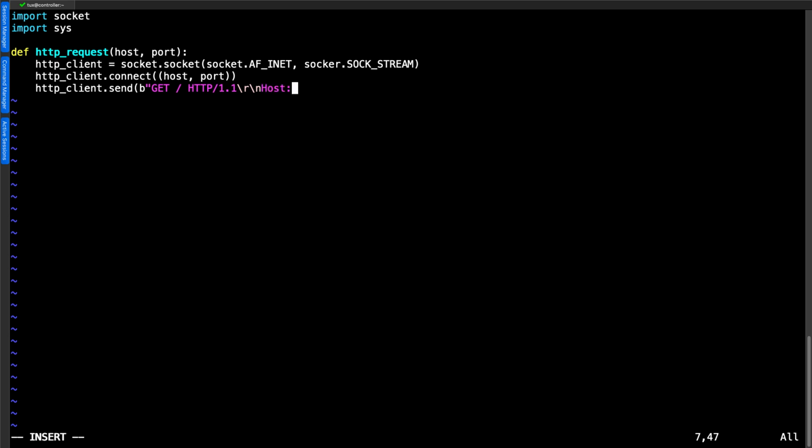And we can specify our host. Our Host field, then we just put an extra space here, close off our quotes, and we're going to get our host, specifying the host that we are connecting to. We can make sure that this is encoded properly because this is then coming from our variable. So we want to make sure that it is the same byte encoding as we're working with.